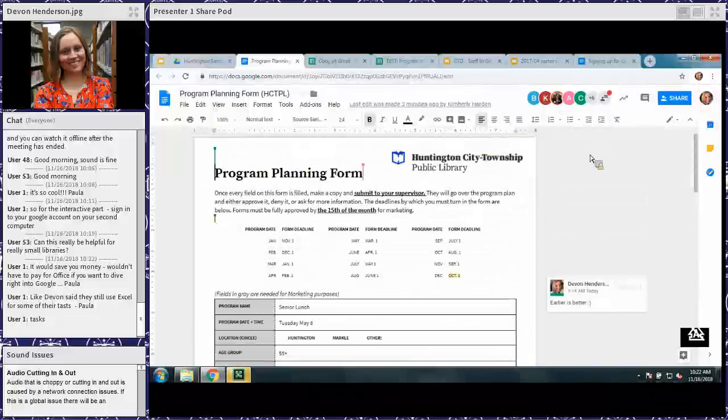And then up here too, while we're in here, all of these little symbols up here show all the people who are viewing the doc at the same time as you. If it's in full color, that means they're here right now. It will actually fade out if somebody has it open in a tab but it's not the tab they're viewing, so you can see that somebody has it open in the background, which is really nice if you're all trying to collaborate on something at